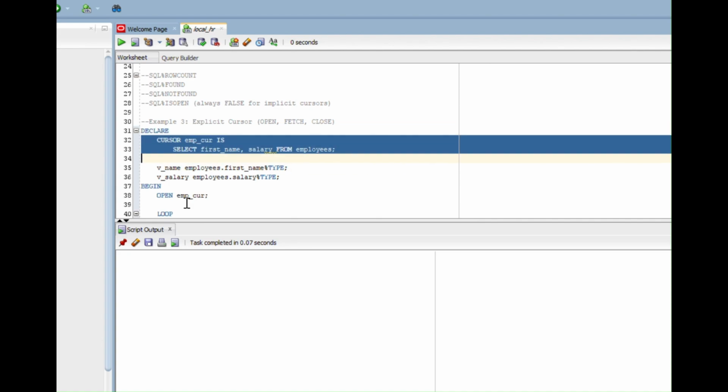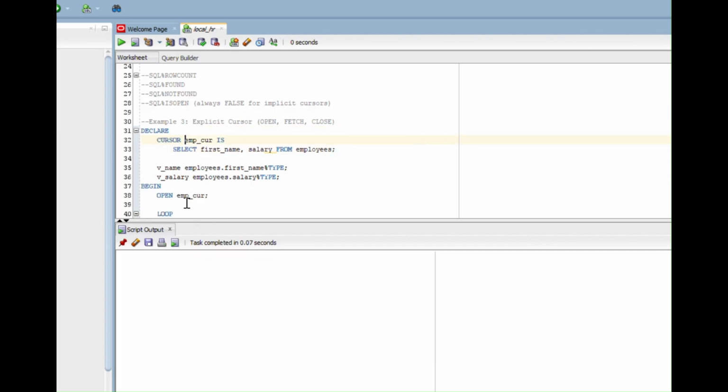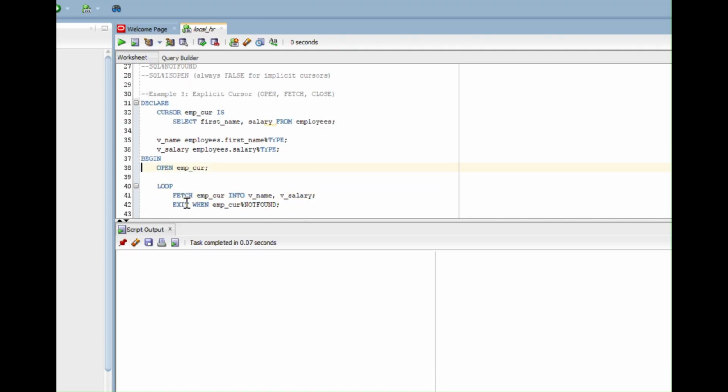This is called a static cursor, line number 32. This is the syntax you need to follow: cursor, the cursor name, and the IS clause you have to give, followed by the select query. This is going to hold the result set. Correct? I'm defining v_name and salary. Here, the first thing when you handle the basic cursor in this fashion,